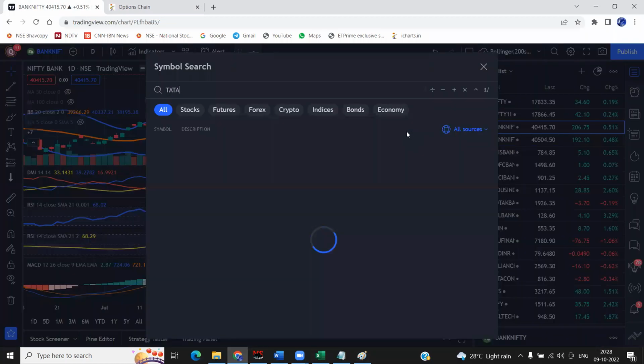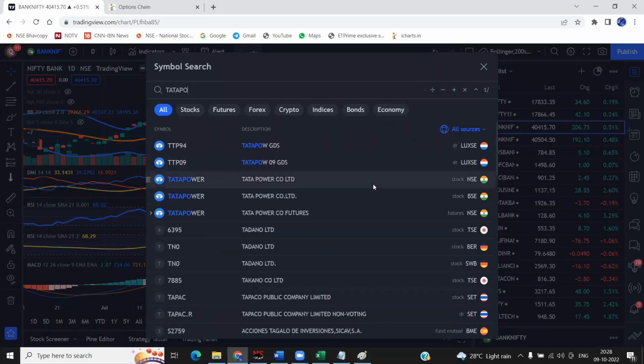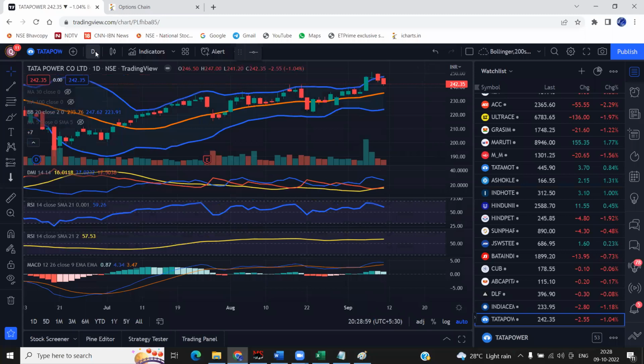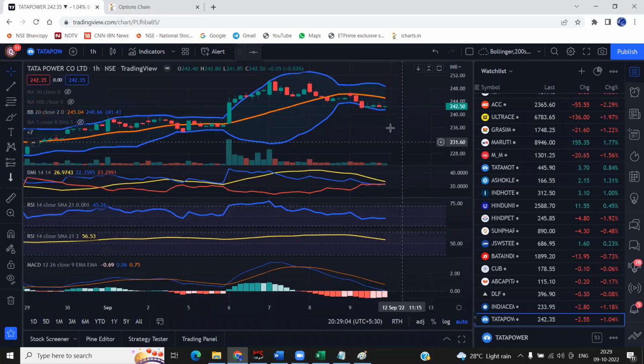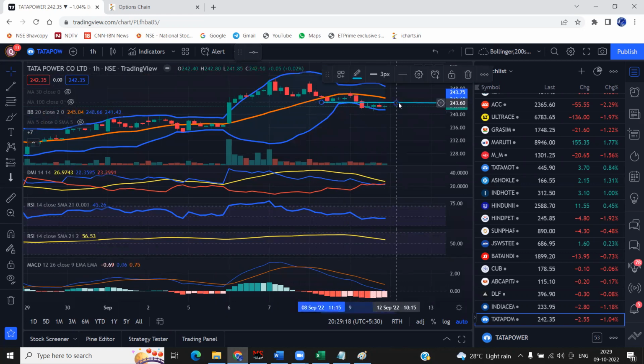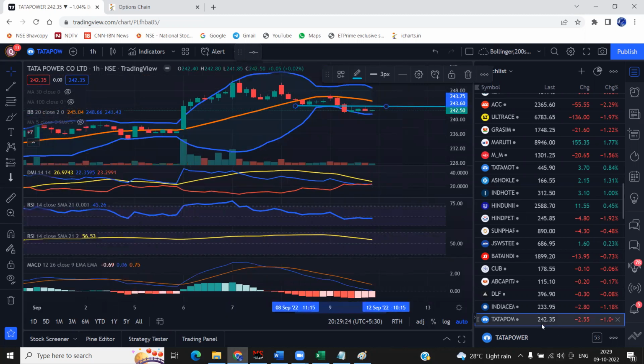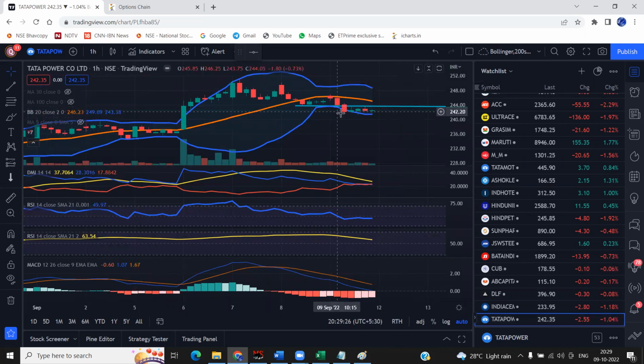If I go to Tata Power and see the real-time chart, now this is my 1 hour chart. You can easily say that at least for the last half a day, let it cross this particular low. You can say this way, but in that case you are missing on the move. Some move is being missed. So you can say, okay, fine. That's also not much. This is spot price, by the way, 242.35, and you will be buying above 243.65, or say if it goes above 240, you might buy there.